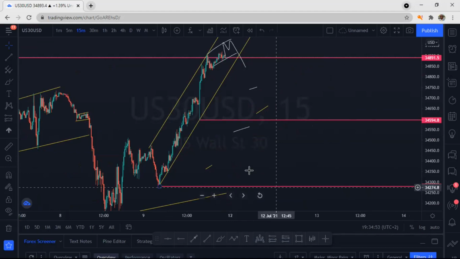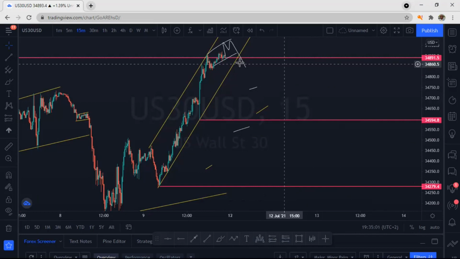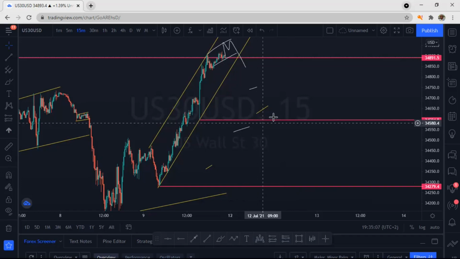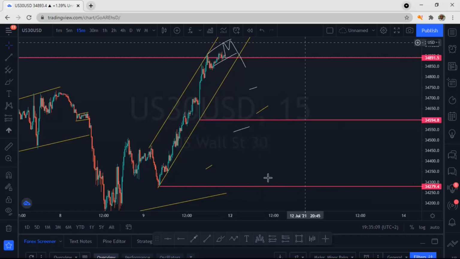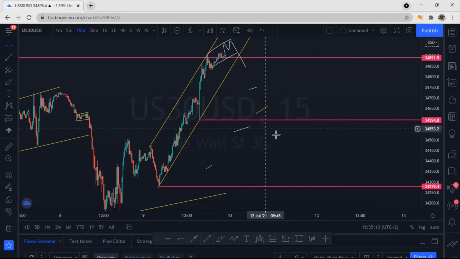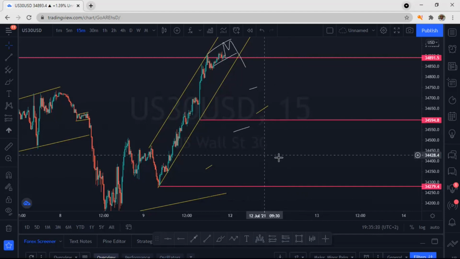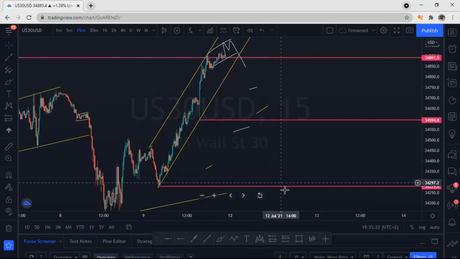And it can give me a hard time here because of this. But my target is here at the end of the day. If it breaks here, I don't know if you get me, guys, it can come here, give me profits and still shoot up and not go down. But if it crosses here again and creates another correction, I can re-enter and scale in, because I'll be holding. Scale in again, this is a sell.